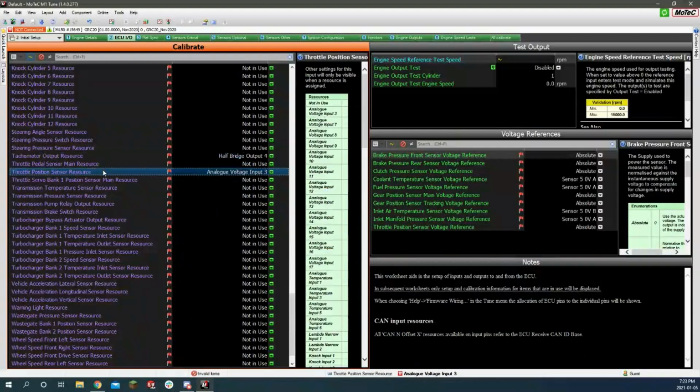The throttle position sensor. So we don't have electronic throttle set up yet on the car. That's something we would like to do soon, but we still need to know the position of the throttle, because that allows us to do things in the ECU. It has a certain logic, whereas when you're at full throttle, this happens. When you're greater than 90%, whatever, you can have tip in and I guess tip out compensations. So as you step on the throttle really fast, it needs to add fuel faster than it otherwise would, in order to